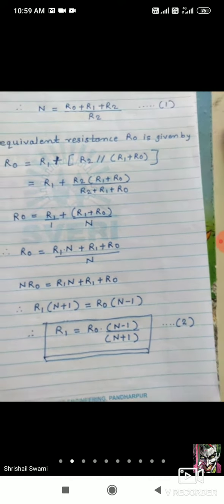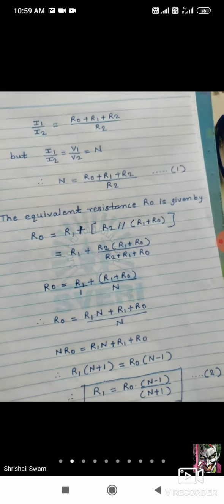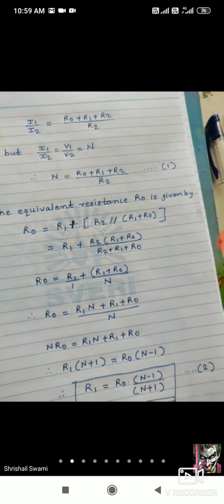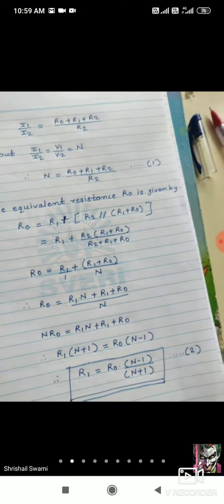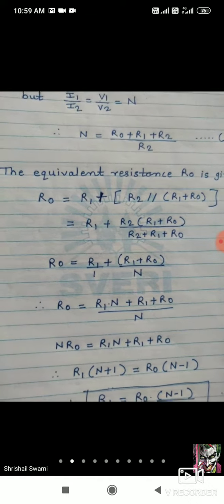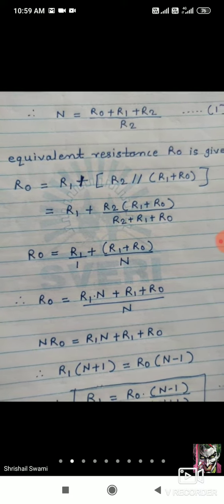Next, what is our aim? To find the expression of R2 now. So we will start finding R2. What can we do for that? Anyone? We have the value of R1; now how do we get the expression of R2? Where can we put it so that we can get the expression of R2?